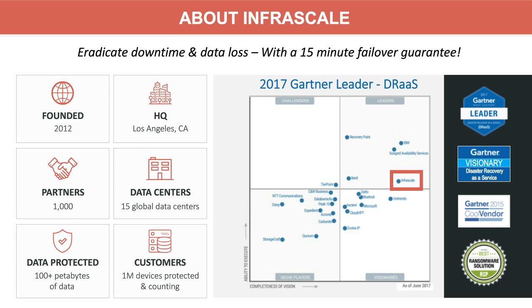Data loss is answering the question of, can we get it back? So nothing about speed, just is it going to be there when we need it? So we have these two parts as part of a full business continuity and data protection solution, as both are very important, even though they have different needs. We have about 1,000 partners globally, and these partners help us deliver the services and implement, deploy. They can even supplement your own IT team just for this particular project, for example. So just give us a call and we can find somebody in your area to work with if that's what you're interested in.